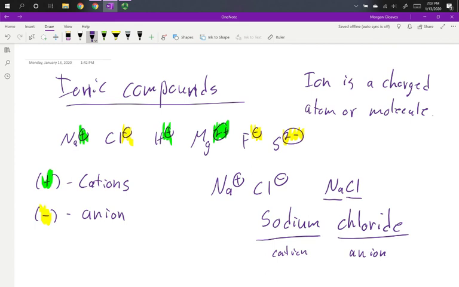Remember carbon and boron? When we were talking about the periodic table, we said we didn't really consider them having a charge. There are neutral compounds as well, where the atoms don't have charges. Those are called organic or covalent bonds. Those aren't what we're talking about right now. We are talking about rock-type materials, things that make crystals, glass and stone and concrete and table salt. So whenever you see something that we will identify as a cation at the front of a symbol or the front of a name, this is an immediate hint that you are talking about an ionic